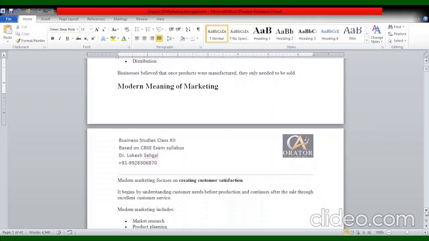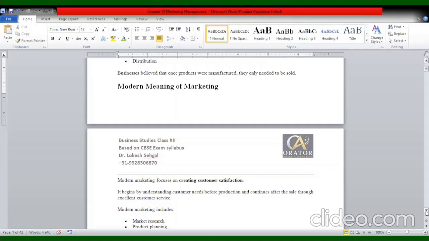If you consider the meaning of modern marketing, it is focused on the customer, creating customer satisfaction, right? The traditional view is just confined to selling the product. They are not concerned with customer satisfaction. In traditional marketing, they are purely considering that their product should be sold, properly transported, properly warehoused, and properly distributed, but they are not related to customer satisfaction.